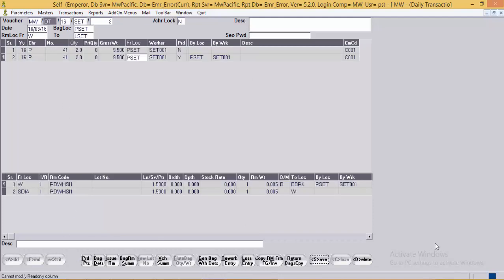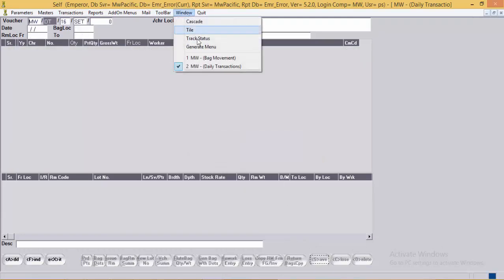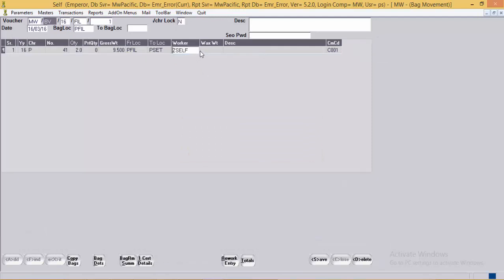Now after this DT entry, we'll look at the bag movement entry. In the bag movement entry, there is a wax weight column where user can specify the wax weight, and system will check for the tolerance of the wax weight as per the chart defined in the rate chart entry.